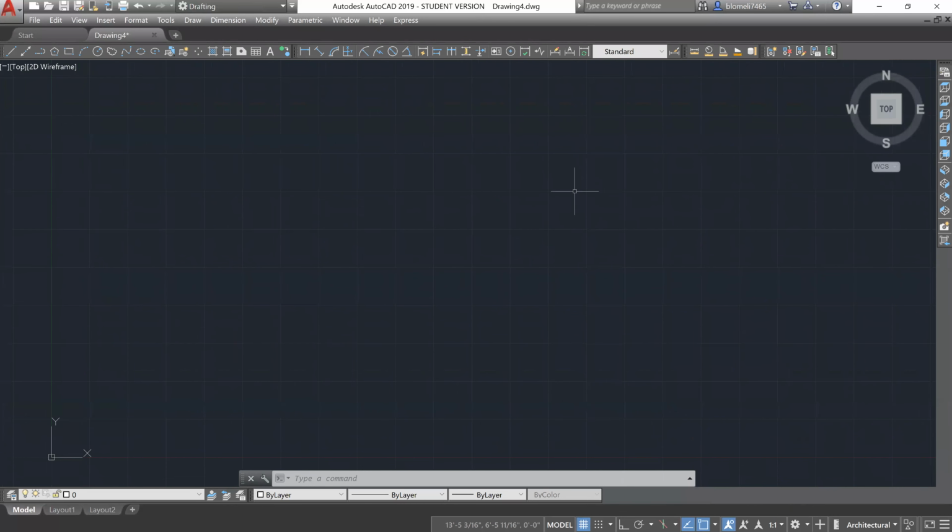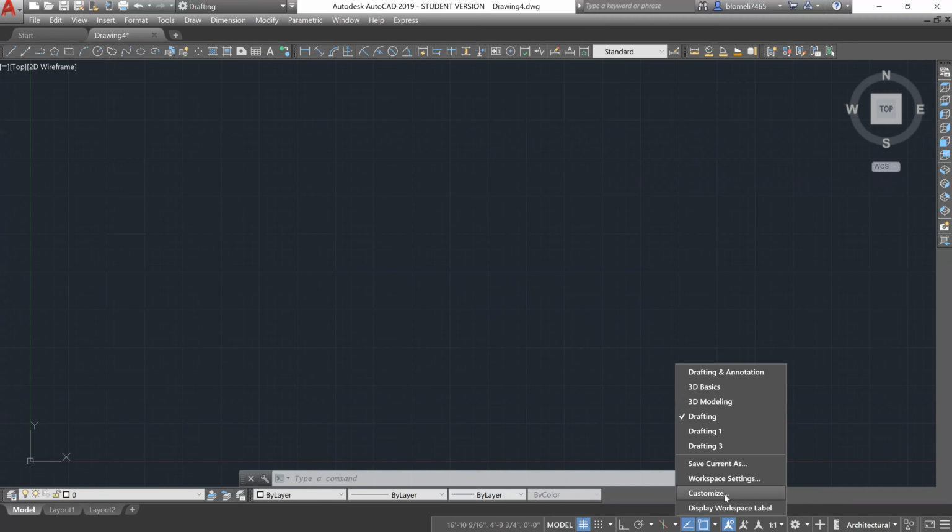So I hope this was helpful. It's super convenient, especially when you're working later on one drawing in all these different areas. You can have as many of these as you want. You can edit and customize them, delete them. If you accidentally create one you don't need, you can always go to where this gear is again, bottom right, hit customize,